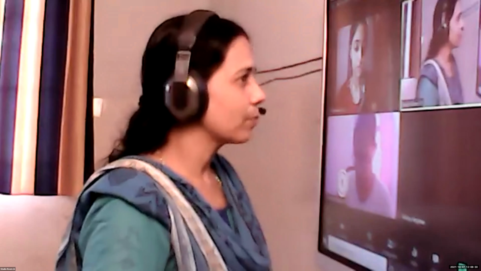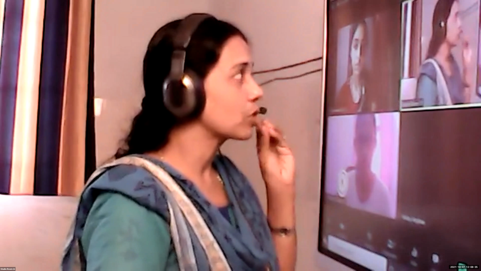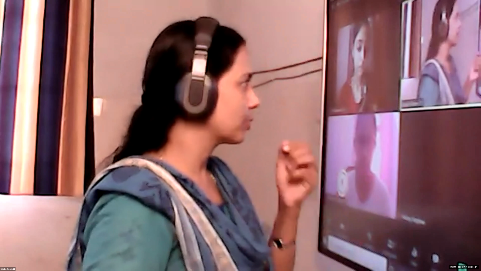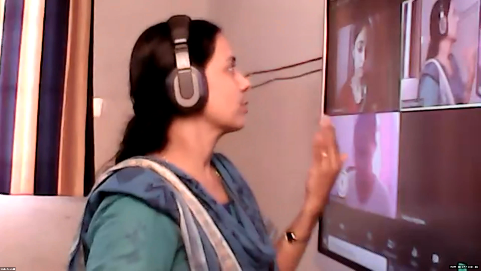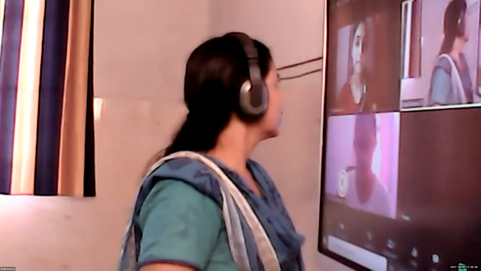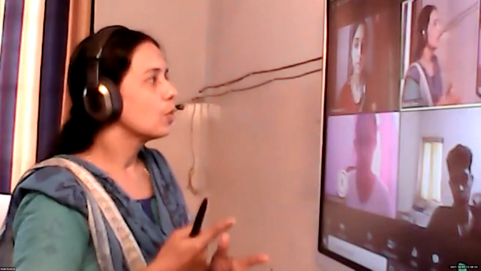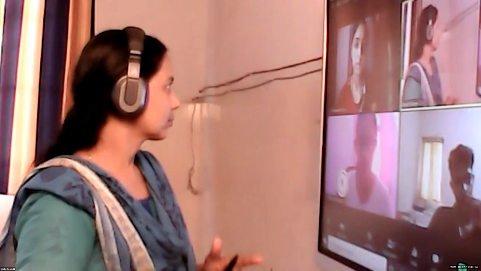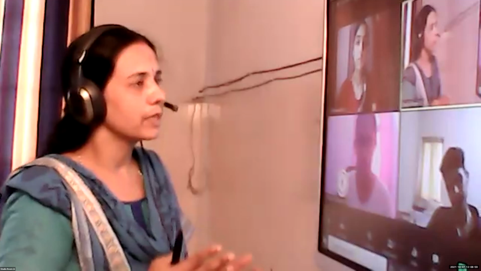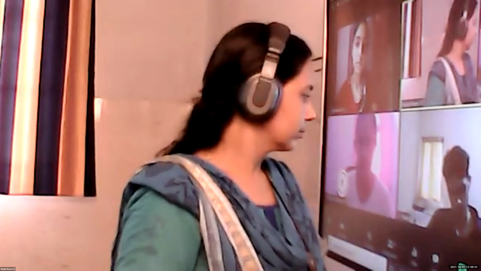Is it clear? MCQ means no step marks and all, so you have to be that thorough with the concept. Then only you'll be able to answer such questions. It's only 4 chapters. Go through the questions which we have discussed and similar questions, practice again and again. Logarithms: how to take log, what is the characteristic point, how to find the antilog. Then exponents, the properties of exponents we have learned.